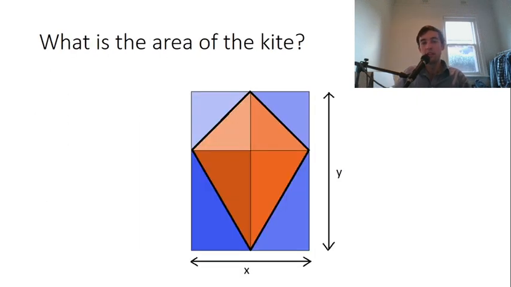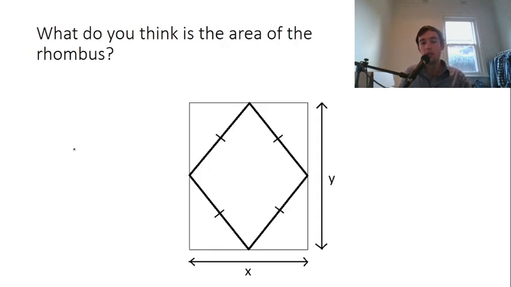All right. What's the area of this kite? This is the same kind of thing. The red bits always take up half of their little rectangles here. So overall, the area of this kite is a half times X times Y. This one is exactly the same situation, but I haven't drawn in the little rectangles. You could still use the same thinking, and you could draw these lines yourself to show that really it's the same thing. The area of this rhombus, which has 4 equal sides, is a half